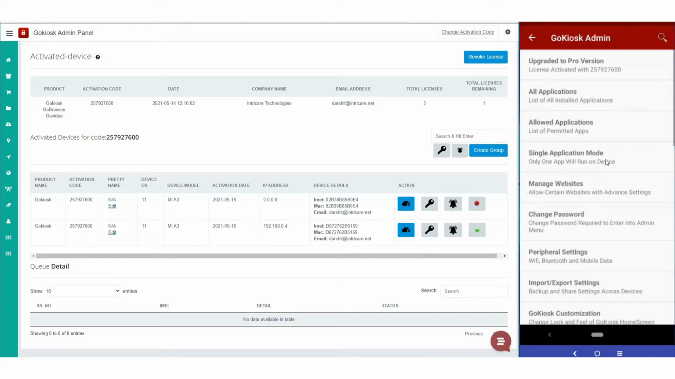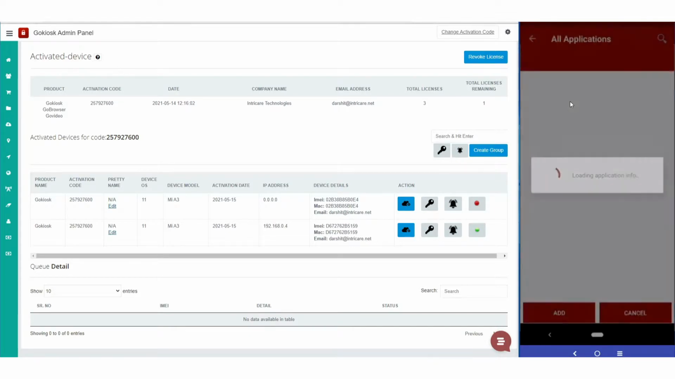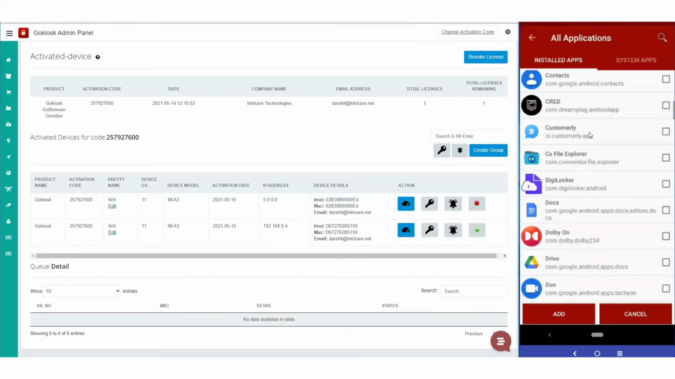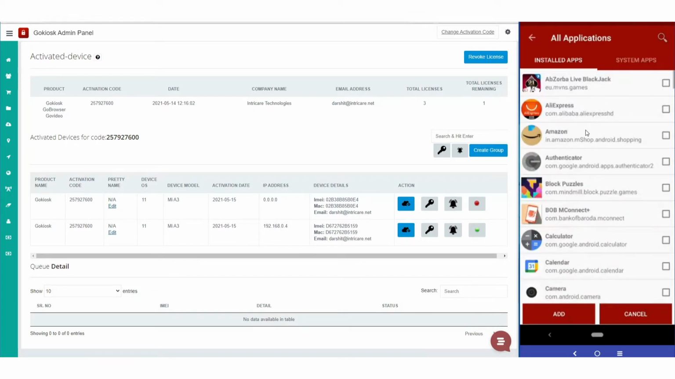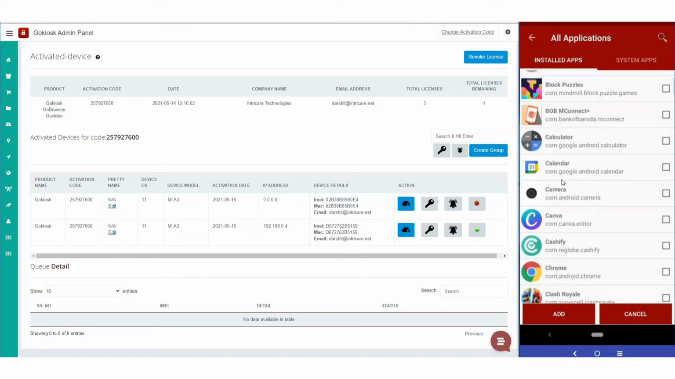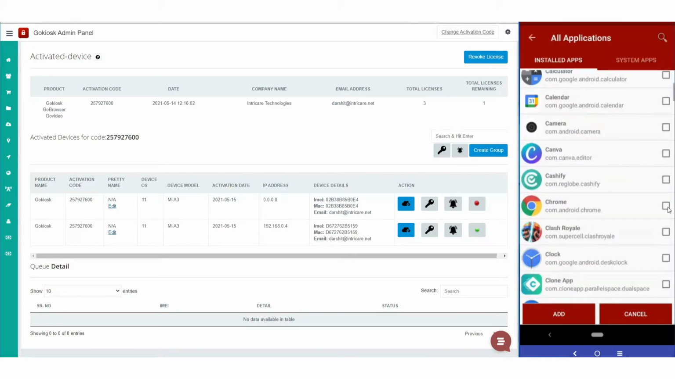Now we are inside the admin settings. In order to allow applications to work through Gokiosk, all I need to do is go inside all applications. Here you can see all the applications that has been installed on your Android device. Now just select the ones that you need to give the access or the permission to run over the Kiosk device. So I could select Chrome,